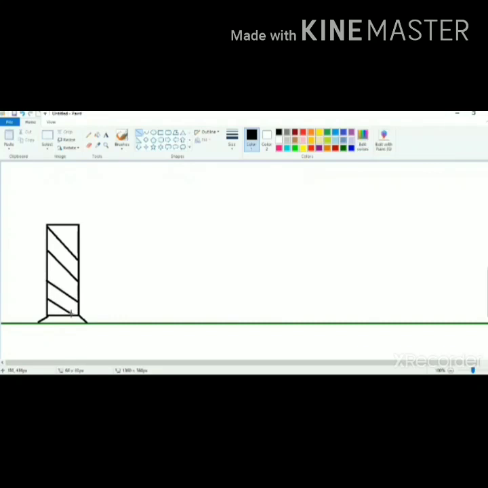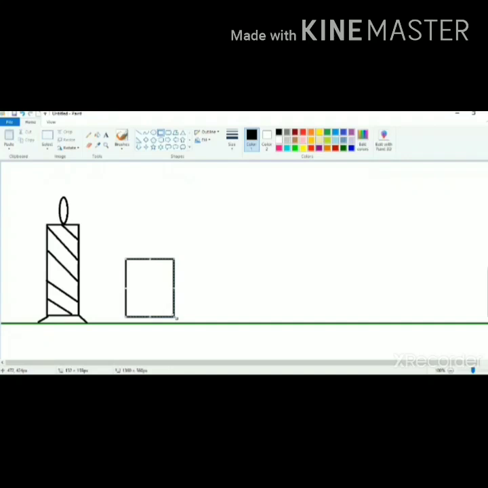Now I am going to draw slanting lines in the box to make a design in the candle, like this. And now for the flame of the candle, take the oval tool and draw a small oval shaped circle for the flame. So our beautiful candle is ready.